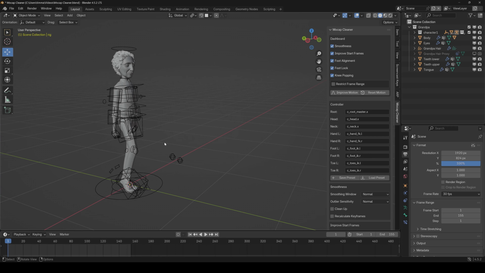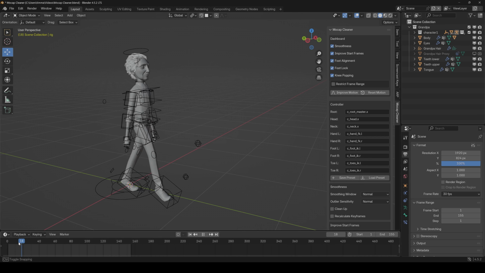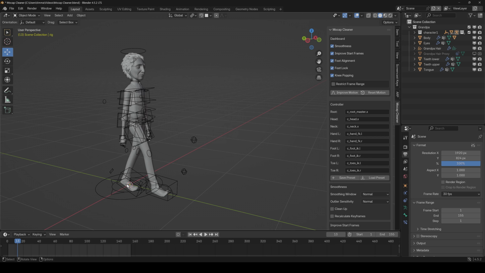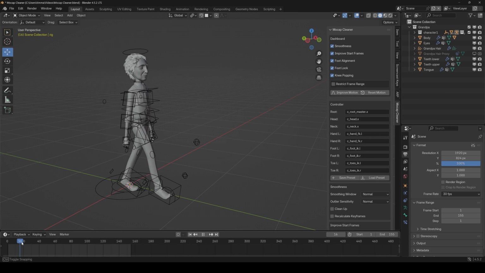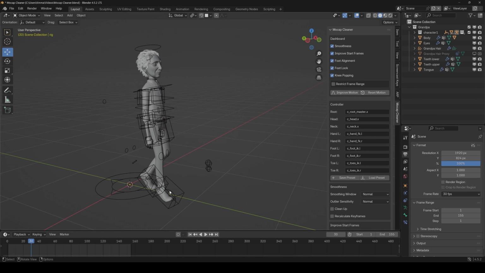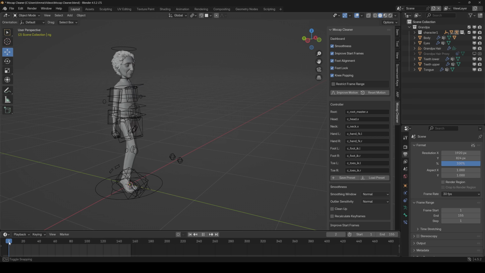First of all, I will play the original animation I got from the mocap file to show you all the problems. So first of all, we have the wrong foot alignment here. So the foot should be horizontal and then also the toe, of course. Here also the toe should be horizontal. Then we also have quite a stuttering and driving foot. So the foot isn't really fixed on the ground. And then at the beginning, we also have the wrong alignment of the hand.